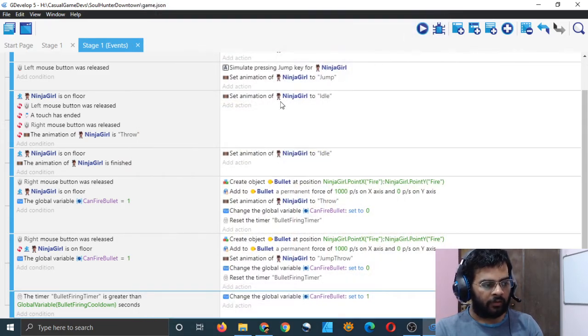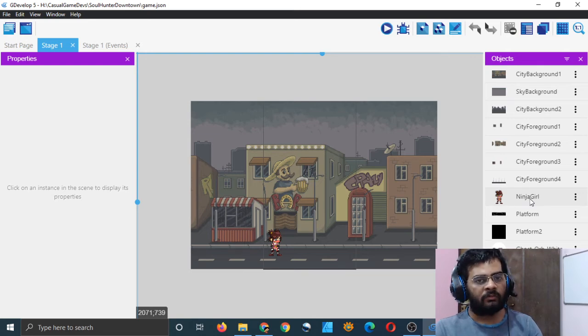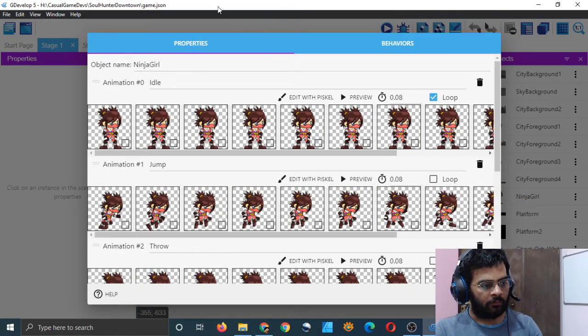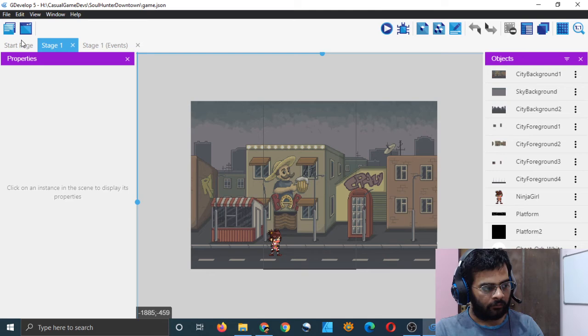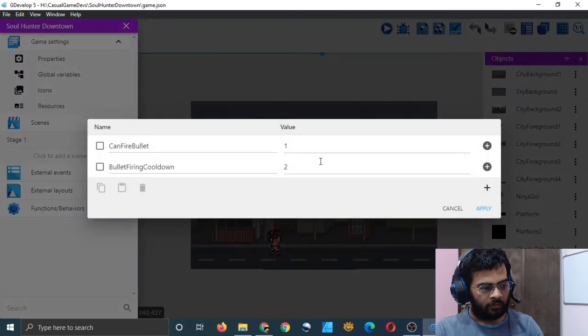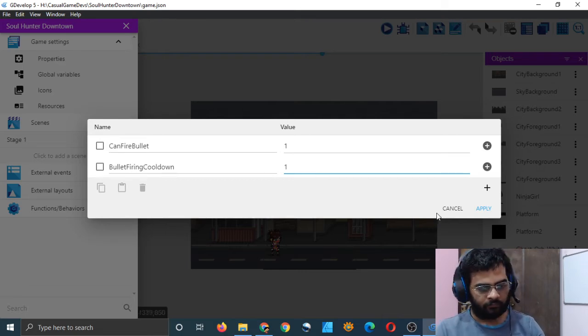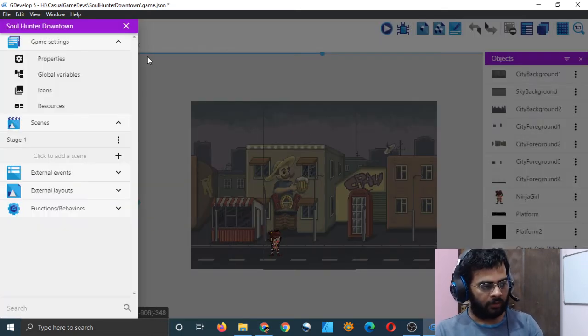But 2 seconds is a lot of time. What I will do now is, first thing I want to make the animation faster, and I want to see what is the comfortable pace of firing bullets. My cooldown should be 1 second, and I will now see if it is comfortable.